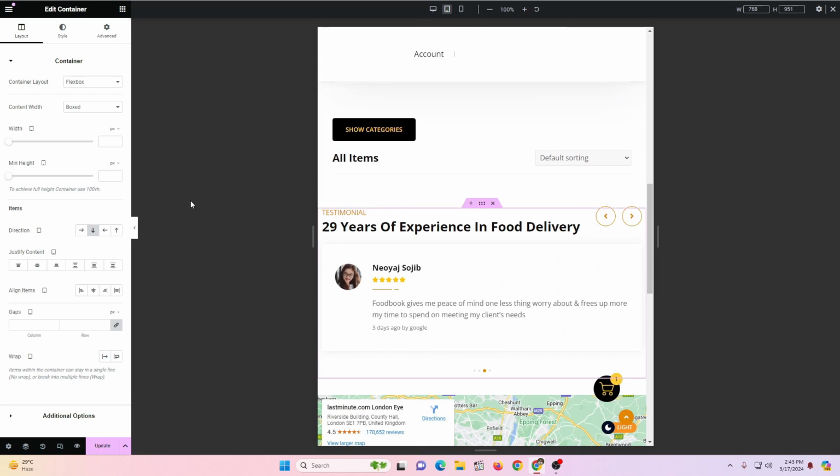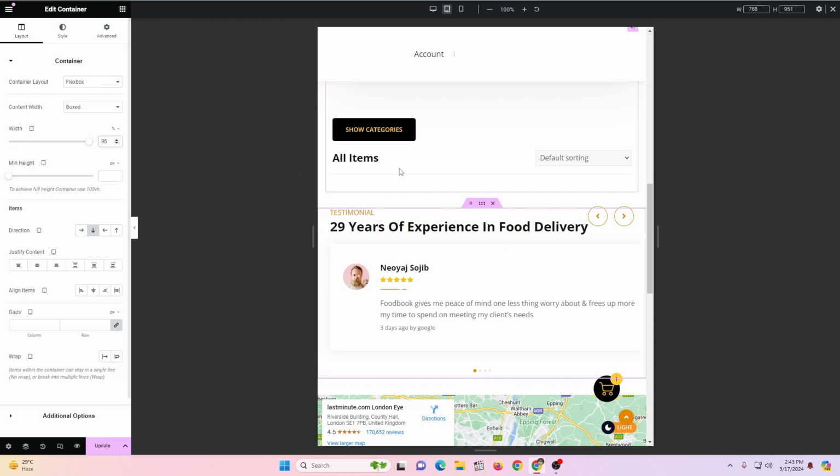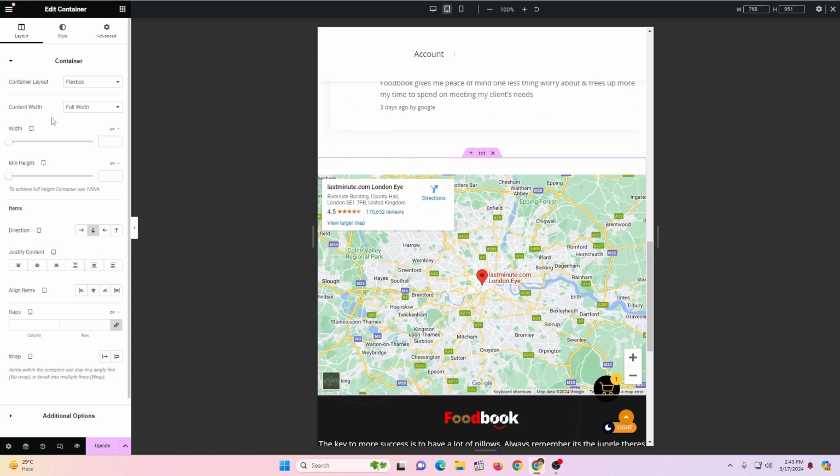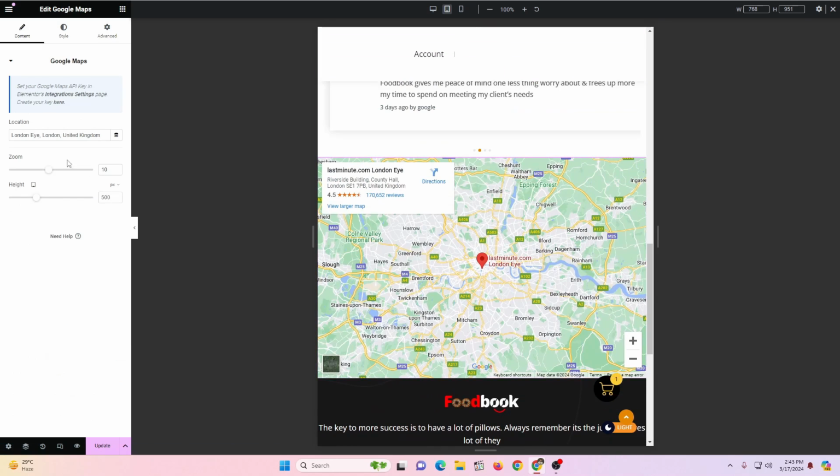And then in here I want to do the same thing for testimonial. Click on this width and change it to 95. I want to keep it full width. I only want to remove the padding at the top that we have added,